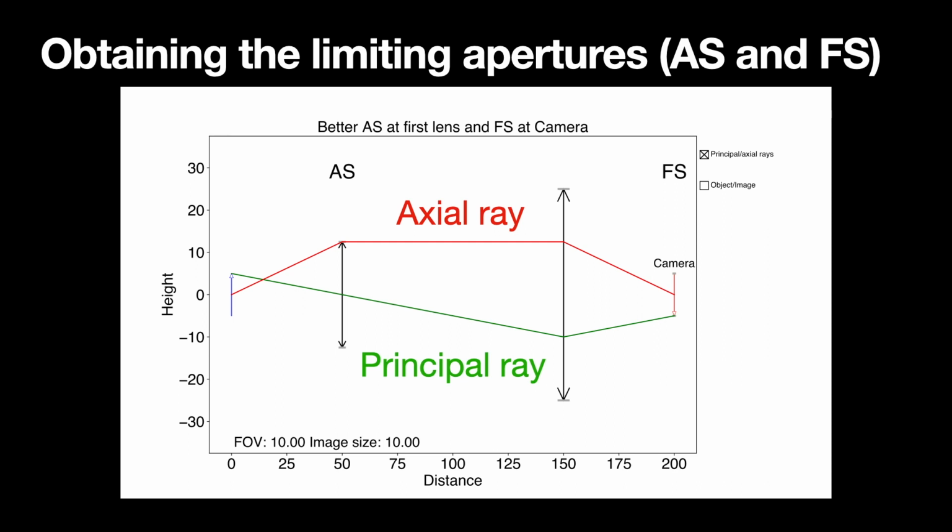In this case, the field stop is at the camera where it should be and limits the field of view. The aperture stop is computed essentially by starting from the center of the object and increasing the angle until we hit the limiting aperture. And the principal ray is computed by moving on the object away from the optical axis with a ray that is going through the center of the aperture stop until it gets blocked without reaching the camera.